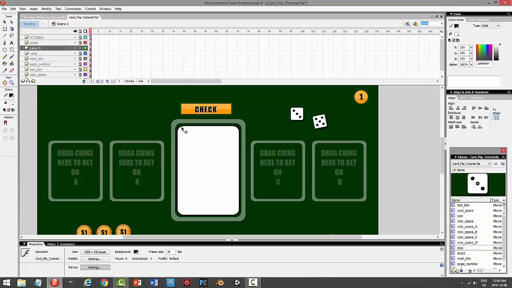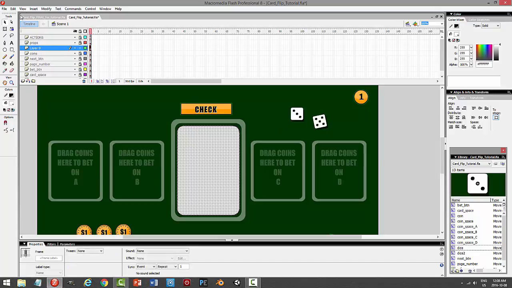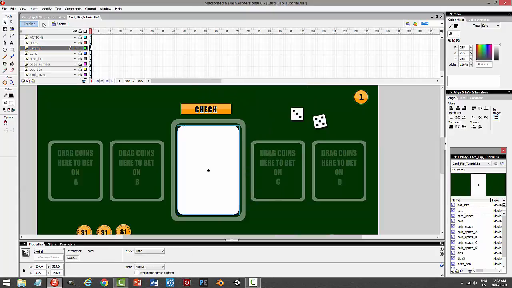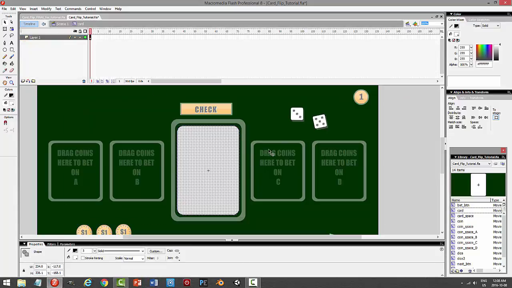Okay, so let me just double check whether or not I really want my stroke to be that big. And see what it looks like at 3. And that's probably fine. So I'm just going to go ahead and select it, and I'm going to call it card. There will be multiple cards, but I'm going to call this card right in that position. I'm going to come inside here, and